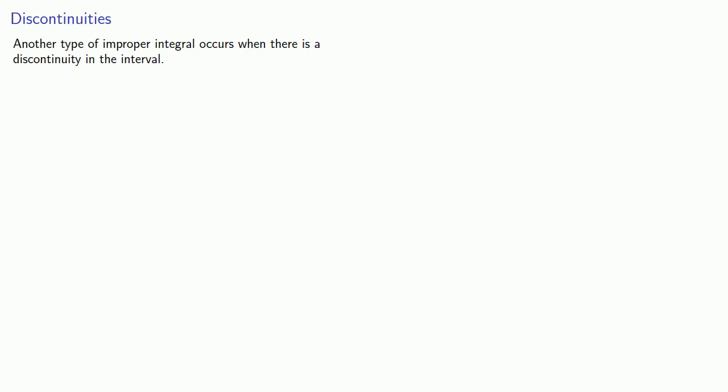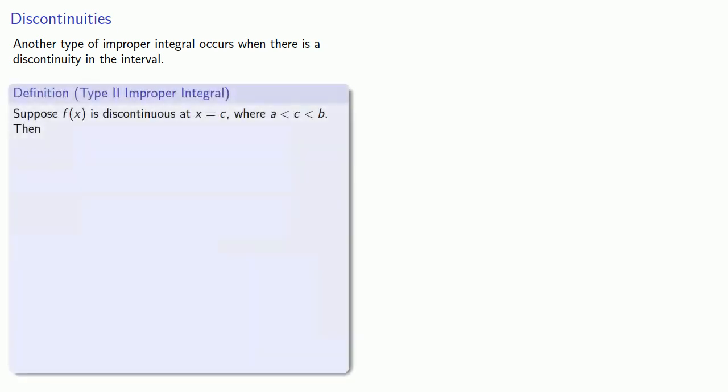Another type of improper integral occurs when there is a discontinuity in the interval. So suppose f of x is discontinuous at x equals c, where c is someplace in our interval. So first we'll define the integral from a to c as the limit of the integral as our upper bound